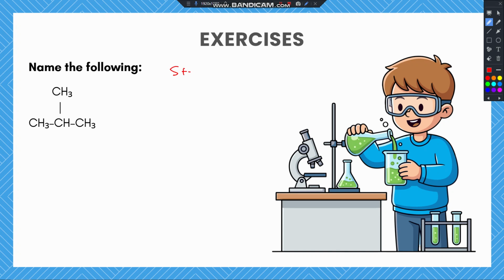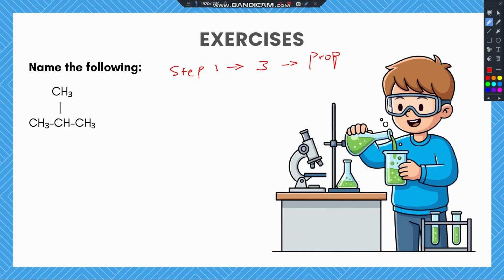Step number one would be to identify the longest continuous carbon chain. So we can count from the left to the right, 1, 2, 3. We can also decide to count from the right to the left, 1, 2, 3. We can even decide to count from the left and go up, which is 1, 2, 3. We can decide to count from up, down, 1, 2. Any direction you want to start from is allowed. Just make sure it is the longest continuous carbon chain. So counting, we have 3 carbon atoms, which gives us the parent name